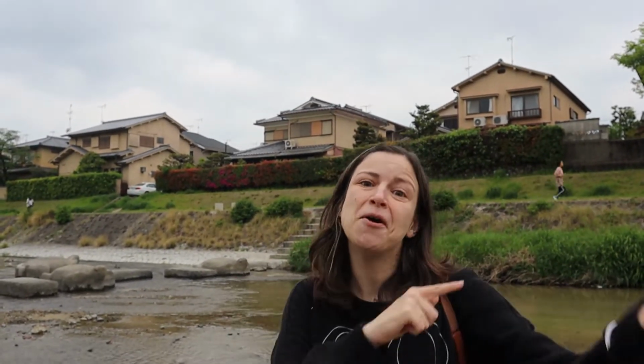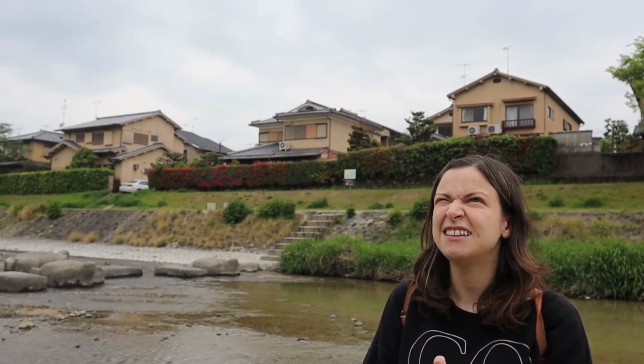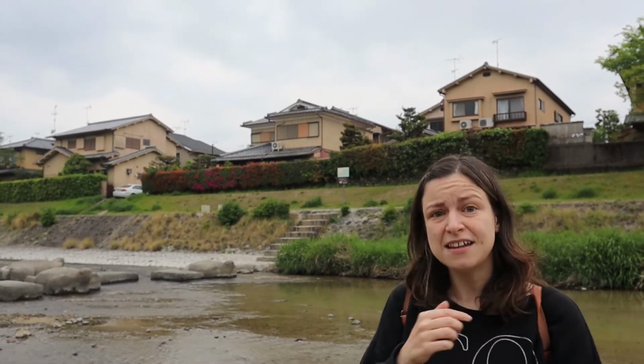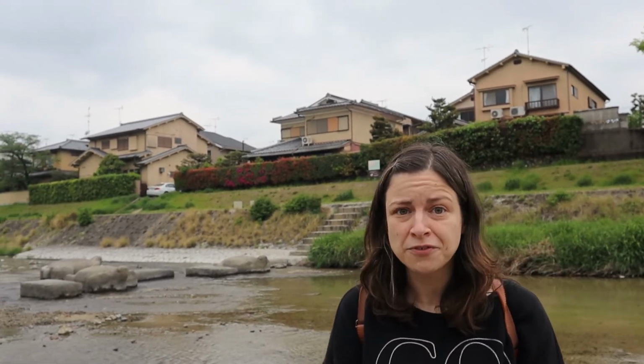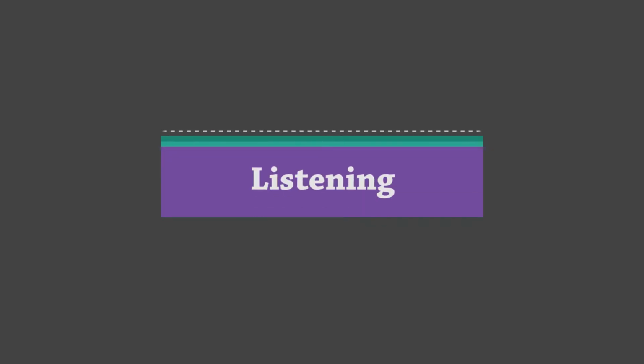The second class, this one was Friday mornings from 8:30 to 10. And then there is another one, 10:30 to 12, with the same teacher. She must be tired, and that is listening. Listening is a very useful skill, and it's one of the most challenging parts of the JLPT exam. So in listening class,